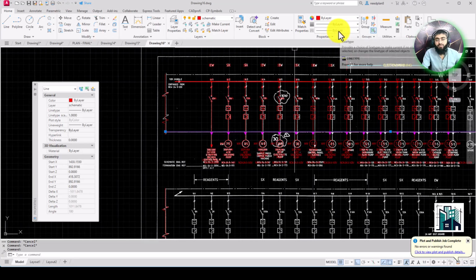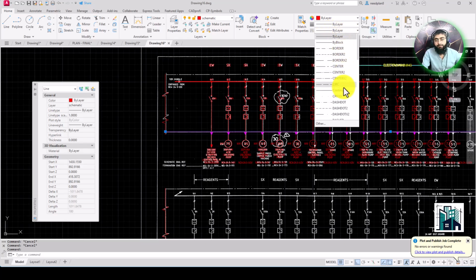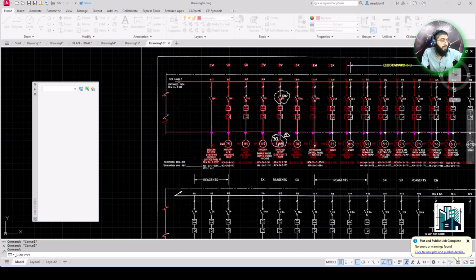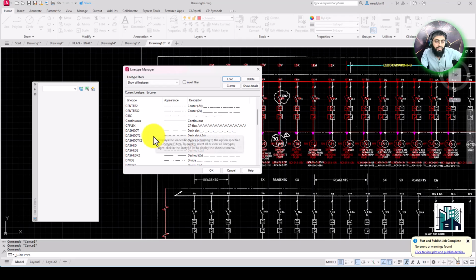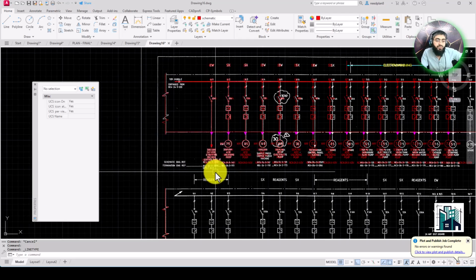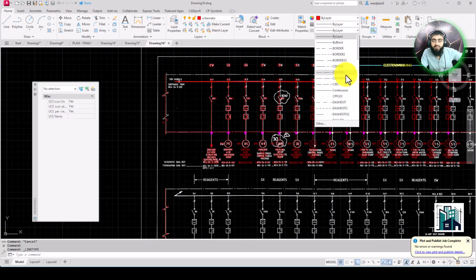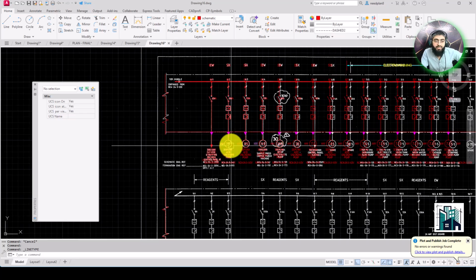So you'll have to come here, properties, and then you will see a lot of dash lines here. If you don't have these lines here, you just have to go to other, and then click here. The dialog box will pop up, and then you'll have to choose the dash line you want to put. So I just selected that, and you will see that dash line appear.